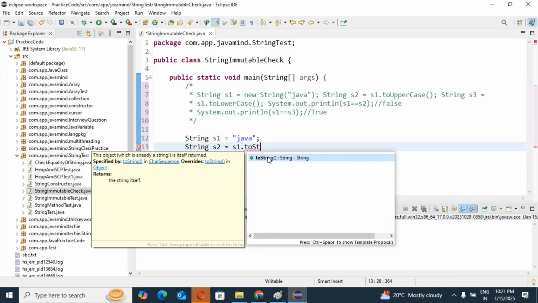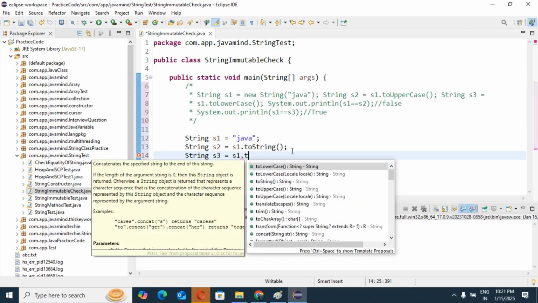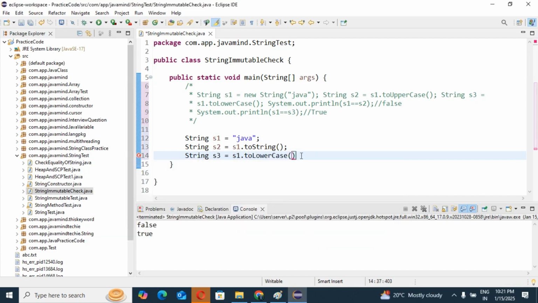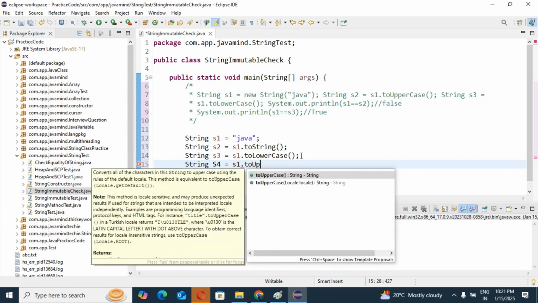We have a toString method to convert. Then String s3 equals s1 dot toLowerCase, you can do that. Then String s4 equals s1 dot toUpperCase, you can see.